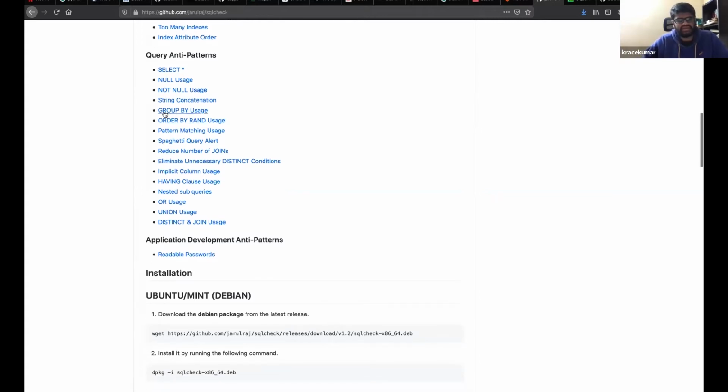Then they have group by, which always returns one value. Whatever you give in the group by clause has to be there. If it is there in the select, it should always return one particular value, not a range of values. That means sometimes you do an aggregate of it. So they try to figure out something of this sort. And they have a few more things.